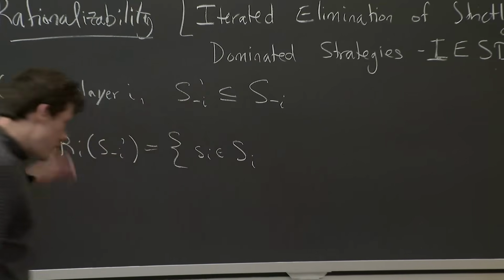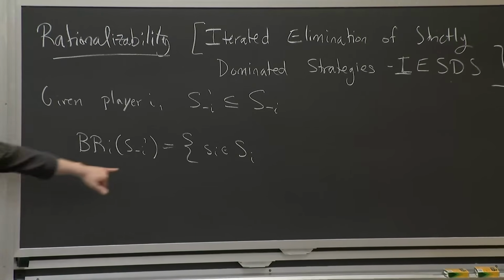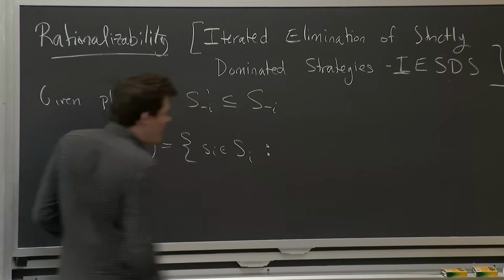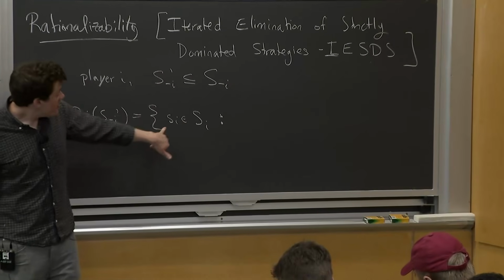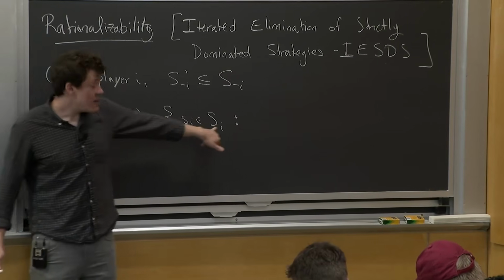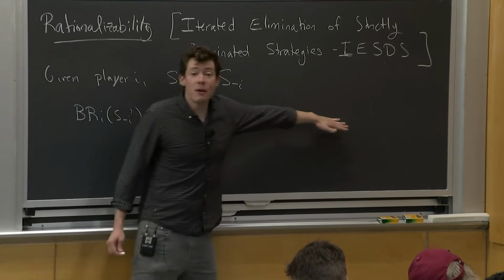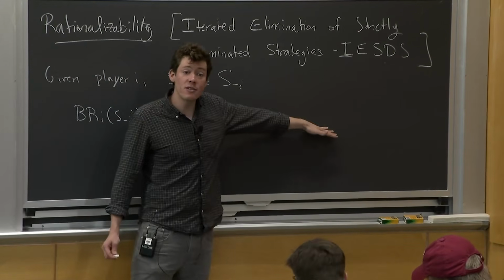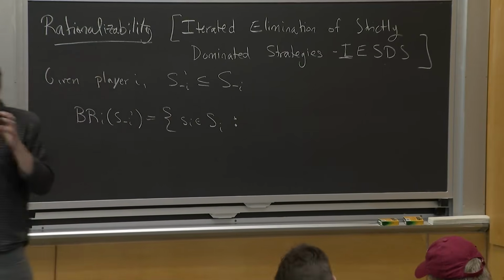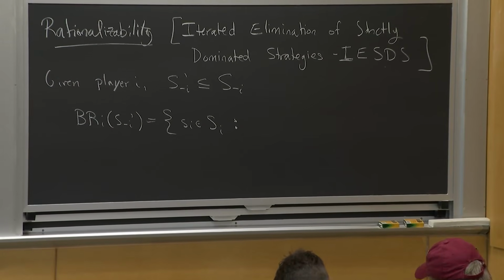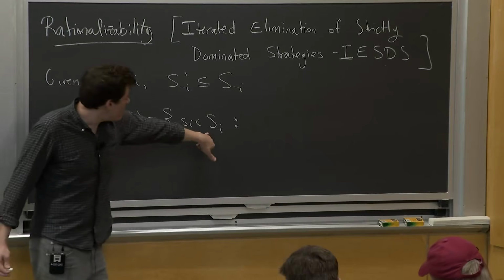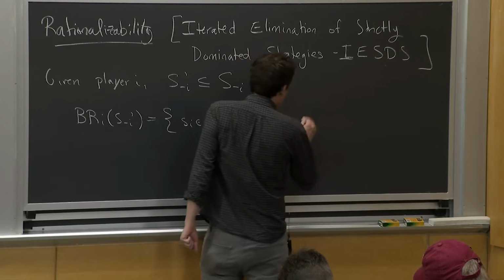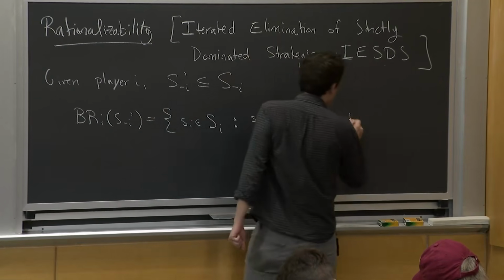Here, as I said, I'm going to use some notation that maybe we haven't done before. I'm defining a set here. And the way I'm building up the set using set builder notation is I'm going to say this set contains every strategy little s_i in the set big S_i that satisfies some additional property. So this is kind of the universe of things I'm considering. And then I'm going to impose some constraints over here that narrow down which elements of this set I actually allow for. So what does it mean for s_i to be in here? Well, a strategy s_i is in this set if s_i is a best response to some belief